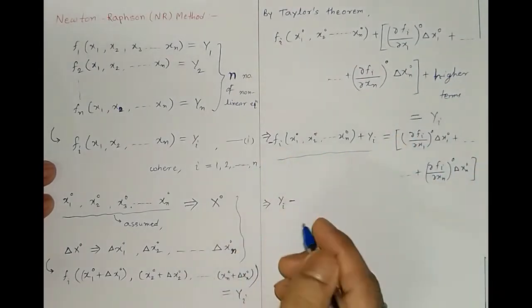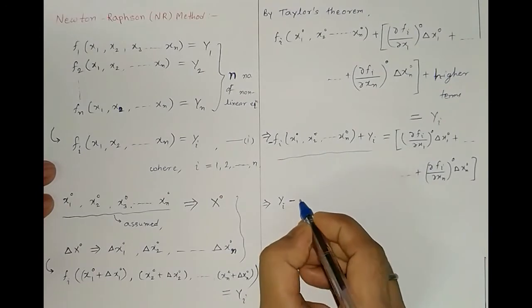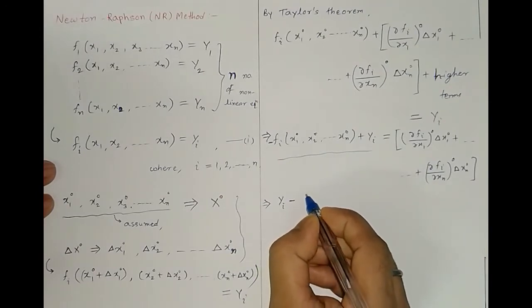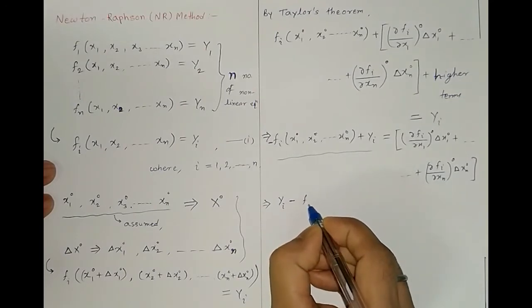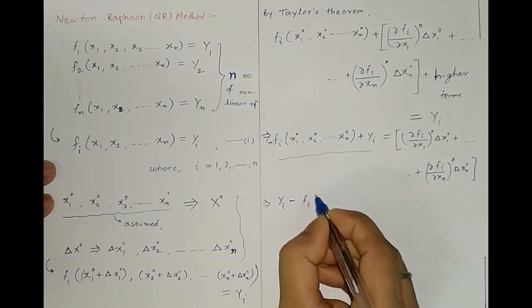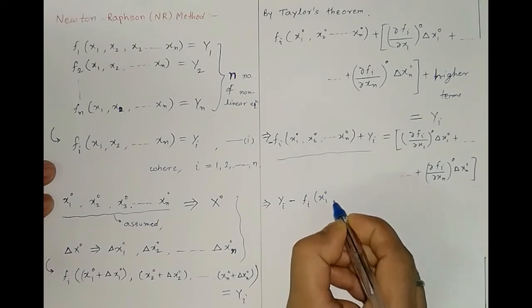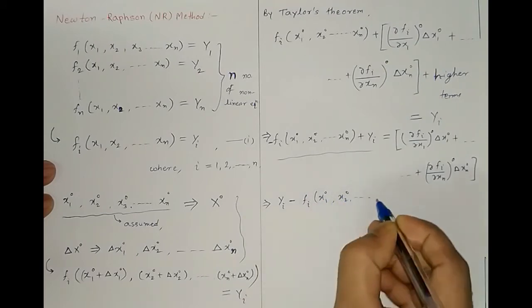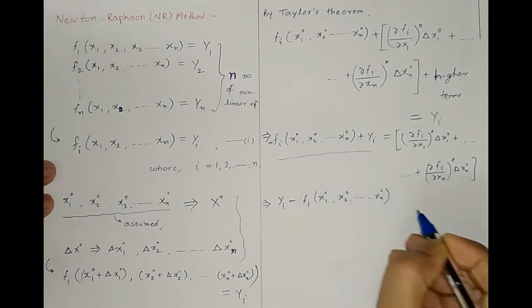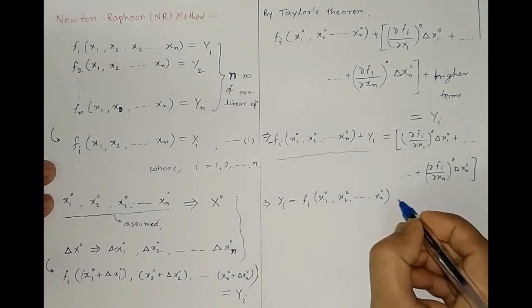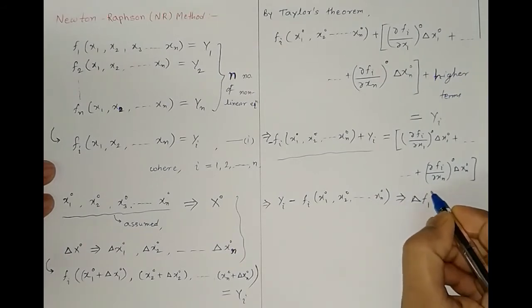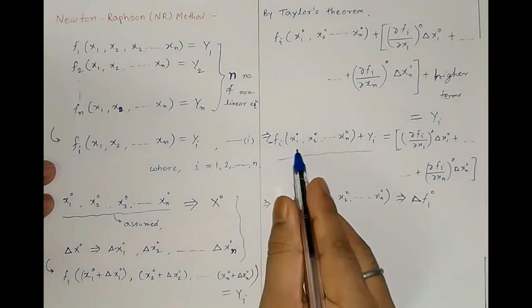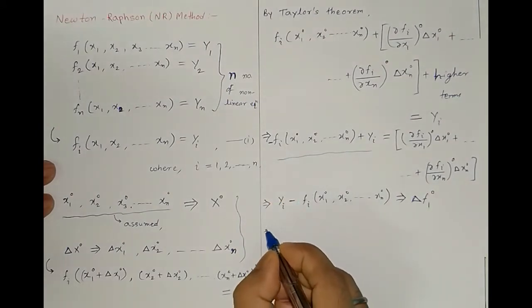So yi minus fi(x1 0, x2 0 and so on xn 0), if this is written as delta f1 0, then this equation can be rewritten as,